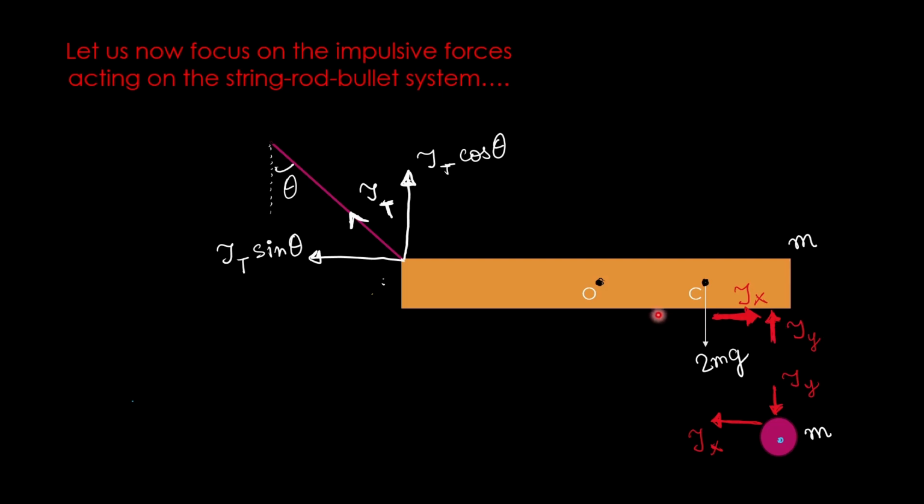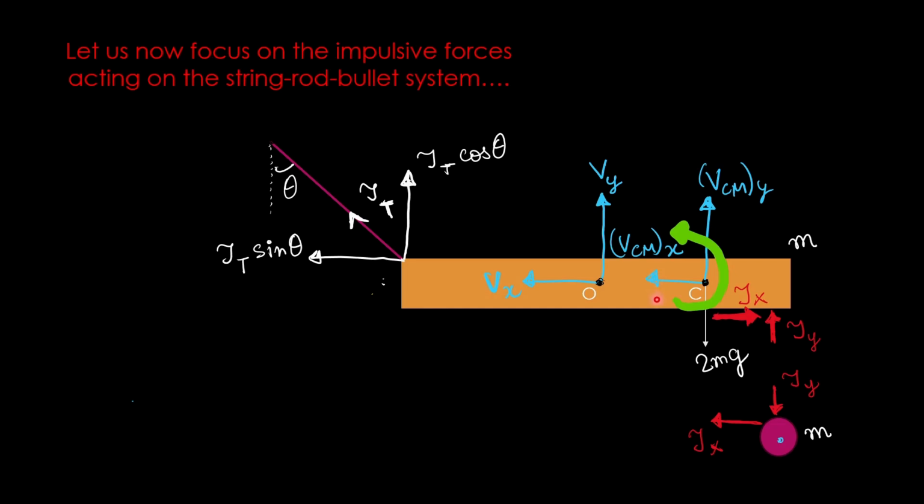So the center of mass would be lying in between point O and the end B of the rod. And obviously the tension in the string also becomes impulsive, so let us say it is Jt, and it has two components, Jt cos theta and Jt sin theta. Now let us assume the velocities of point O, or the center of mass of the rod, is Vy and Vx in the xy direction respectively, and of the center of mass of the entire rod-bullet system is Vcmy